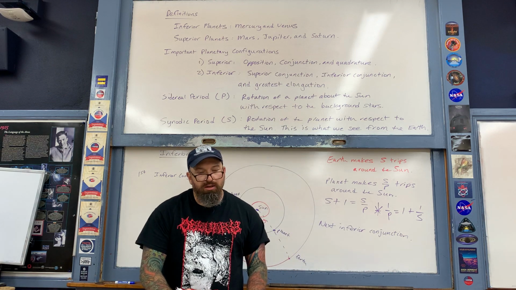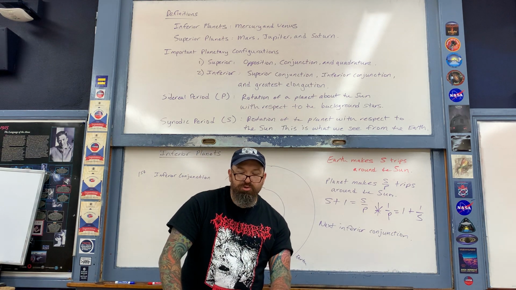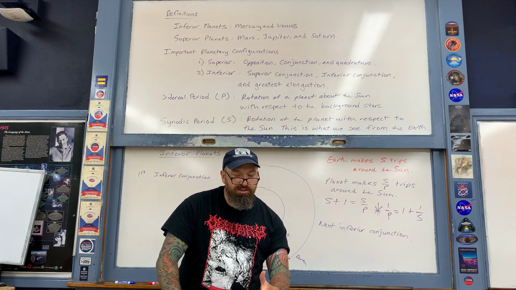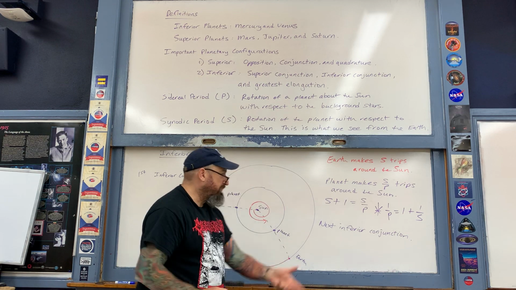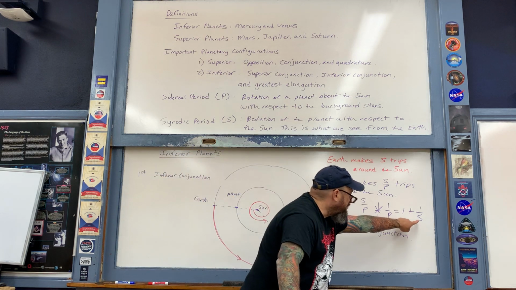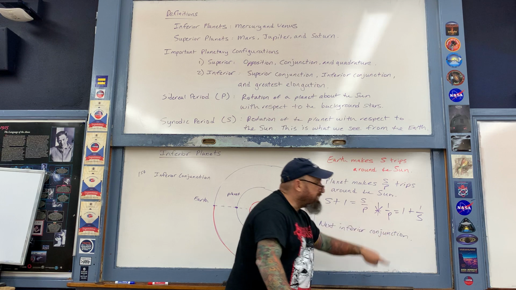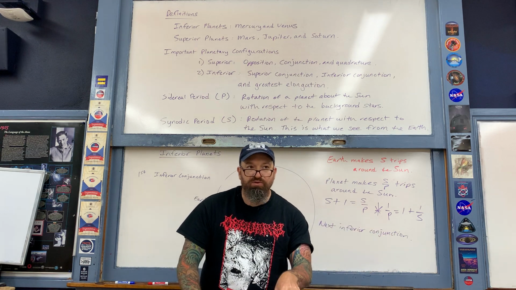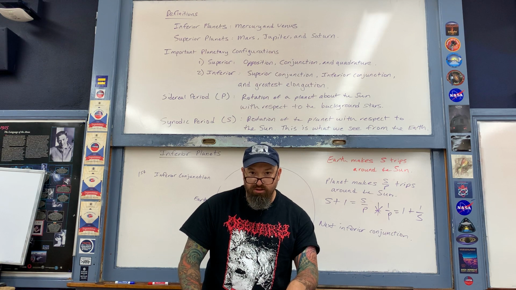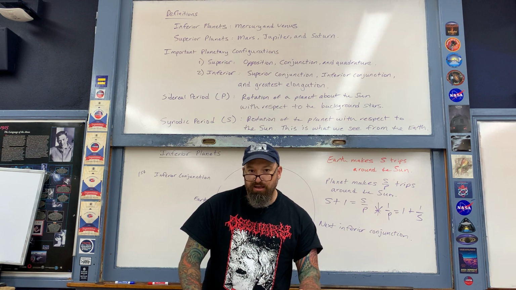This expression here. So here's then how you apply this expression. What you do is for Mercury or Venus, you measure the synodic period. You measure S, for example, the time from one inferior conjunction to the next. You then plug that value into here, and this then allows you to calculate P in terms of years. And that's, once again, the planet's orbital period, its sidereal period, getting here the basic layout of the solar system